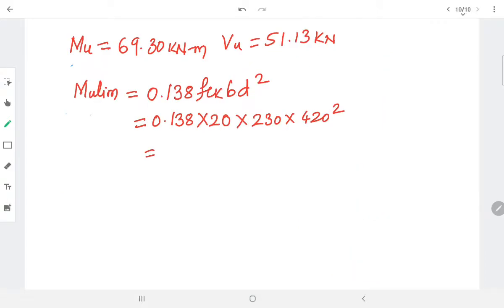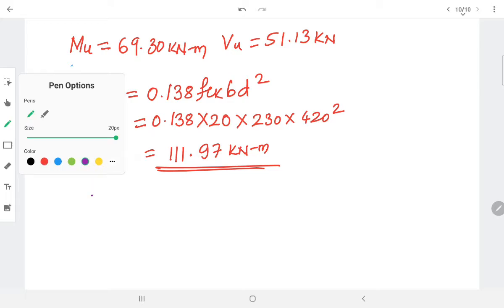When you calculate, you will come to know. Okay, here I will calculate now. So here we got 111.97 kilonewton meter. These are all in Newton and mm square. Whatever the load or value we get will be in Newton mm. So when you convert it into kilonewton meter, I will get the value of this one.